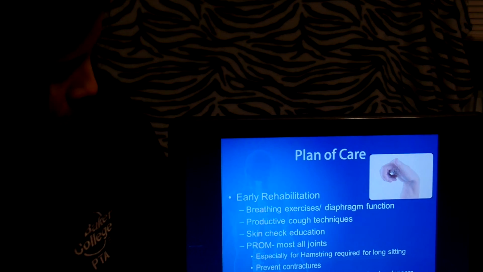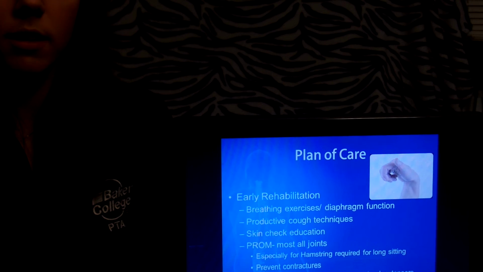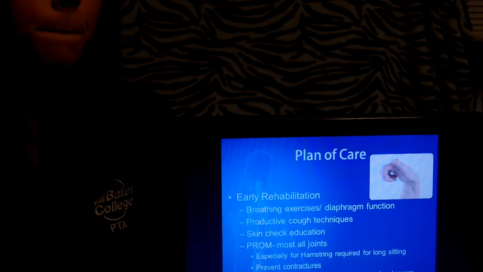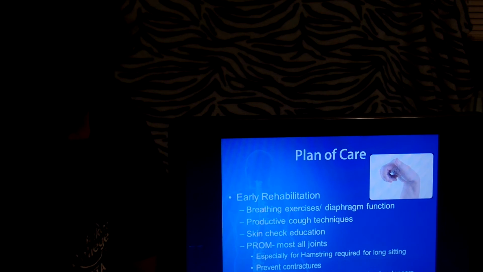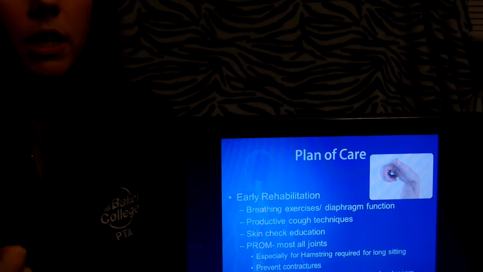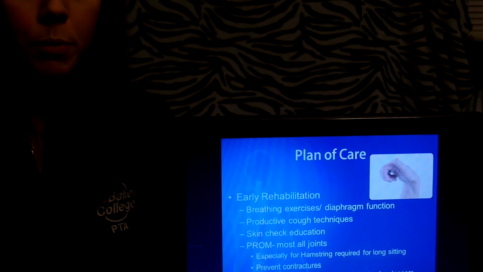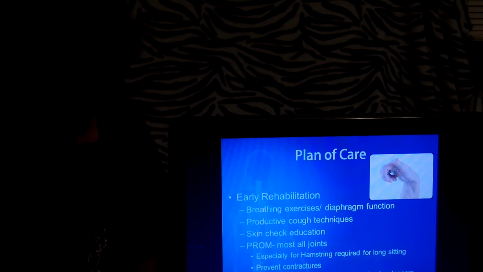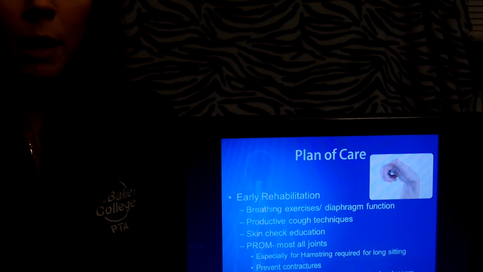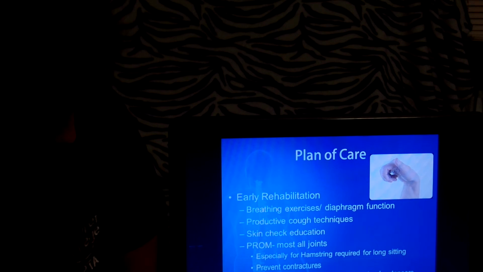Plan of care for this patient. There's a couple different stages of rehabilitation, especially when it comes to the injuries that are sustained. So there's going to be an early intervention, which is basically what I base the short-term goals on. But you'll want to work on breathing exercises right off the bat because of the loss of accessory muscles with breathing. So you'll want to teach them cough techniques, how to be able to produce a productive cough. You'll want to educate them in rehab about skin checks and pressure relief and how important that is and what can happen if they don't pay attention to that.